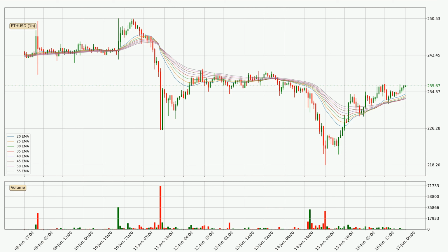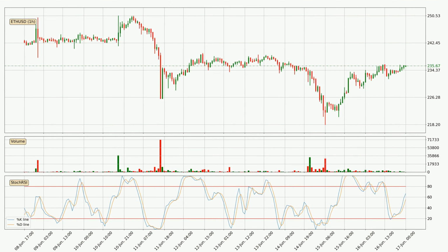not very strong. Looking at the hourly stochastic RSI, there are no signs of the stochastic RSI being oversold or overbought at this time, but the %K line is over the %D line, which means the current trend is to